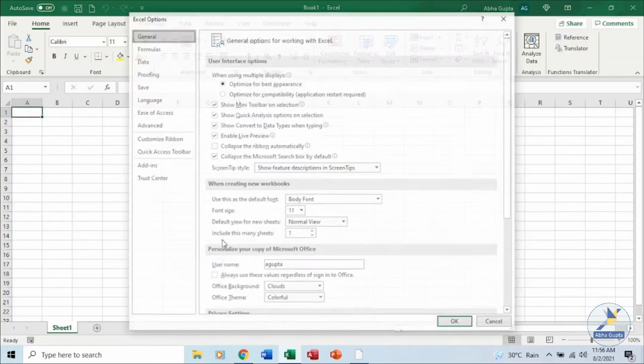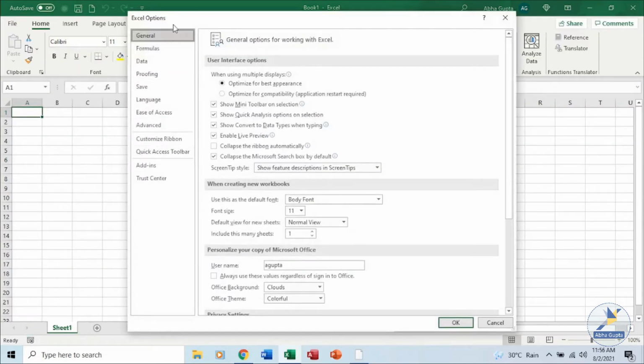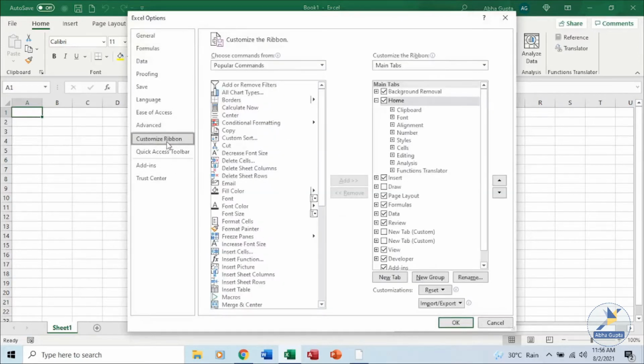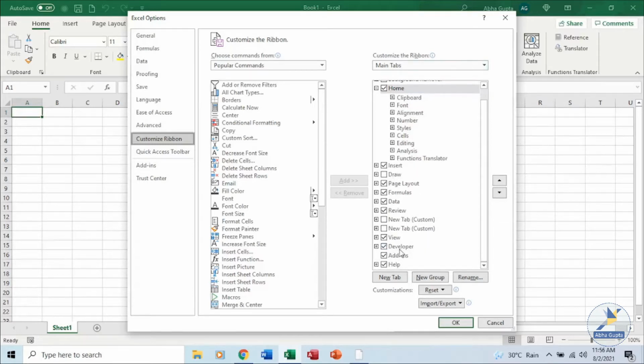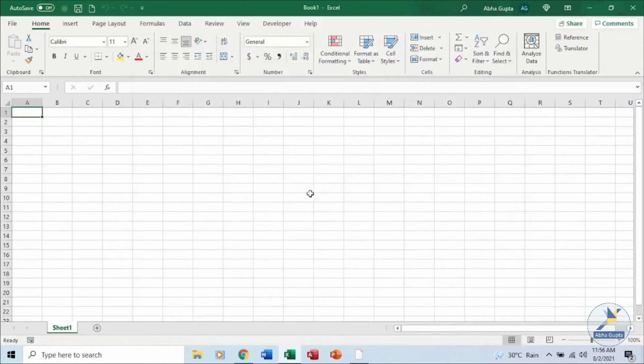From the Excel Options dialog box which opens, you can customize the ribbon, and on the right-hand side you can see all the tabs. If the Developer checkbox is not checked, you can check it and click on OK. Once you click on OK, the Developer tab will appear in your application.